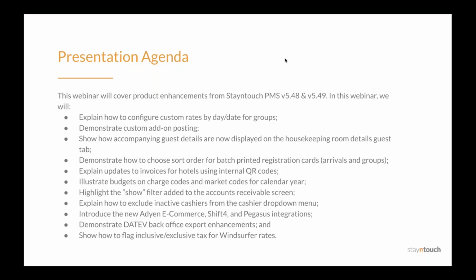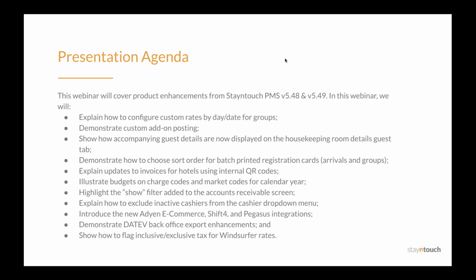Today's presentation will cover how you can get the most out of the Stayntouch PMS version 5.48 and 5.49 product release. In this webinar, we will explain how to configure custom rates by day or date for groups, demonstrate custom add-on posting, show how accompanying guest details are now displayed on the Housekeeping Room Details guest tab, demonstrate how to choose sort order for batch printed registration cards for arrivals and groups, explain updates to invoices for hotels using internal QR codes, illustrate budgets on charge codes and market codes for the calendar year, highlight the show filter added to